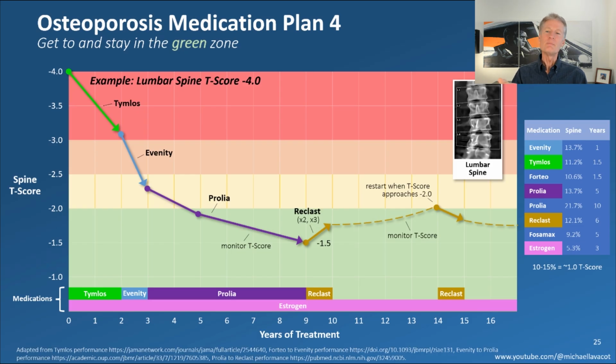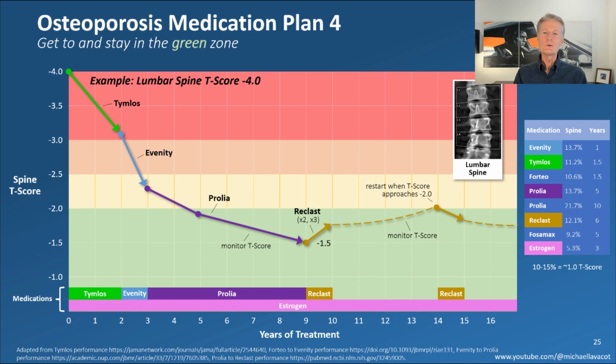Now, again, I could maybe do Fosamax for a year or two and then do Evenity again, right? That's an option. But for the most part, people will transition to Prolia and then stay on it. In this case, what is that, 6 years? And then transition to Reclast, right? And then you're back on path to what I showed you before. So if you are at these kind of really poor levels, worse than -4, actually worse than -3.5, this looks like a pretty sound path.